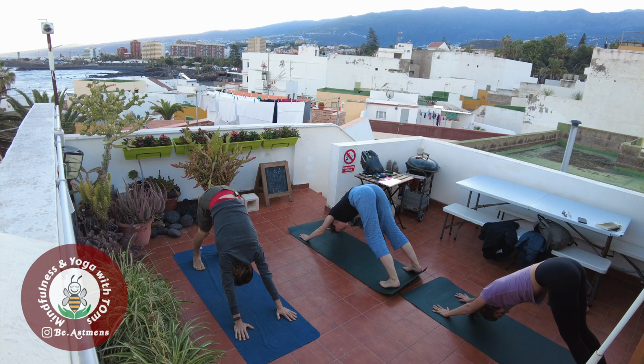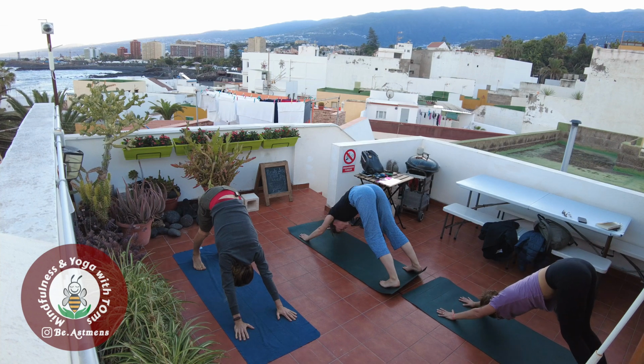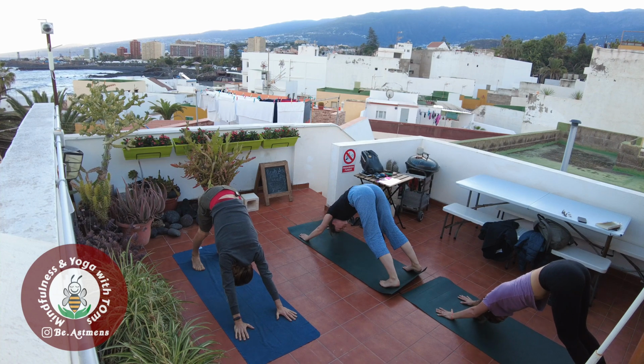You can do slower or faster than I am doing it. Just pay attention to the pattern of inhale, up, exhale, down. That's the most important thing to practice, synchronizing movements with your breath. Let's take one more deep inhale here, and with exhalation, push your chest closer to your knees, deeper into the